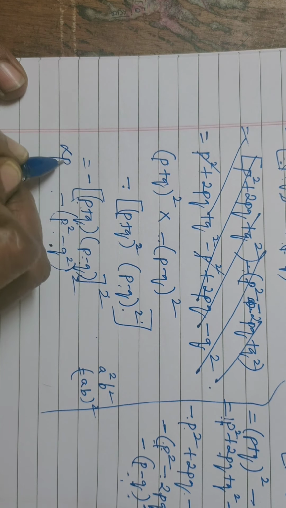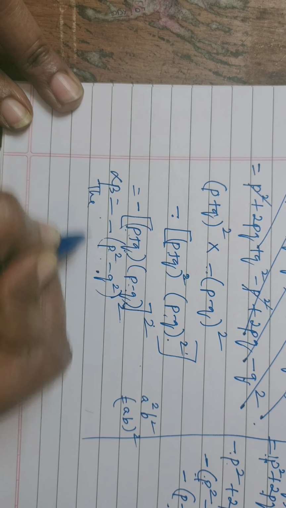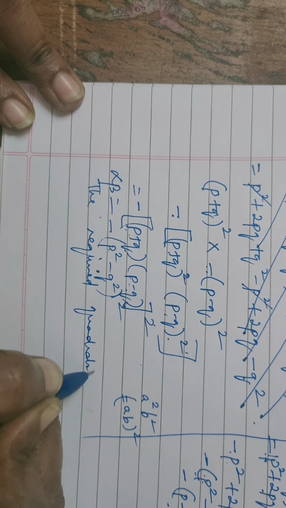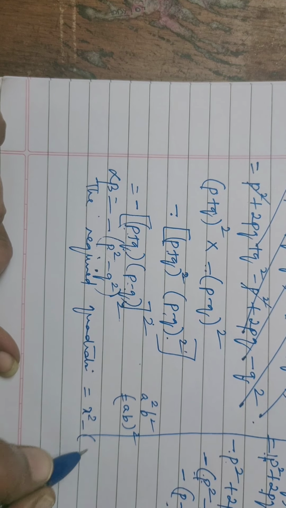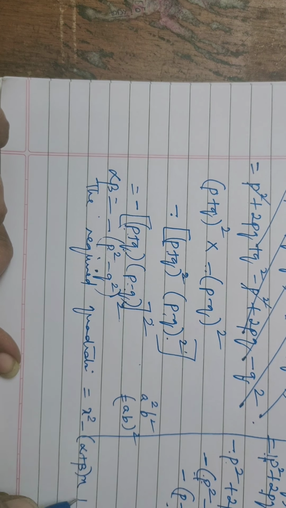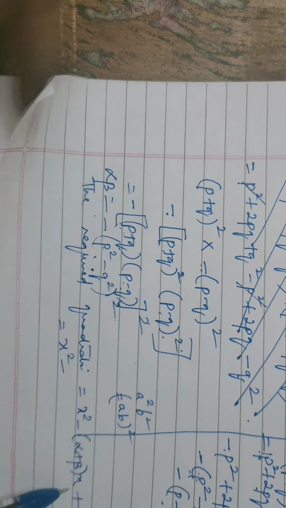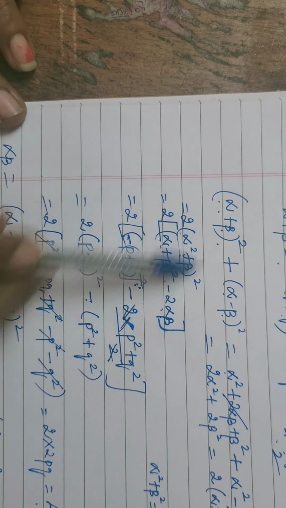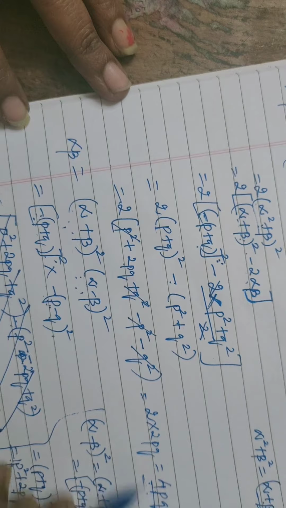Okay, so what did we get? Alpha into beta this. Now you can write the required quadratic equation. Okay, the required quadratic equation is what? We will write it directly. You remember the equation, x square minus alpha plus beta into x plus alpha into beta equal to 0. So x square minus alpha plus beta. What did we find out? Alpha plus beta, the sum of the roots. Remember, alpha plus beta is this. So we got it 4pq, right? What do we get? 4pq.